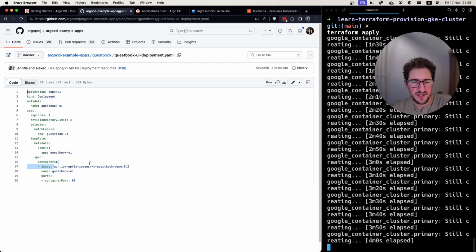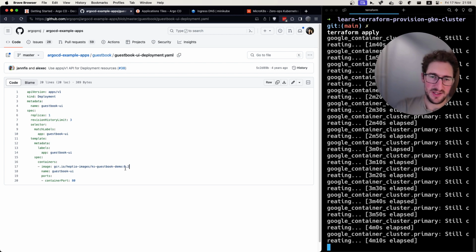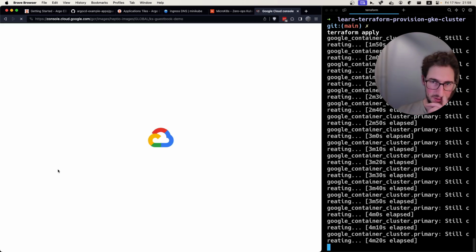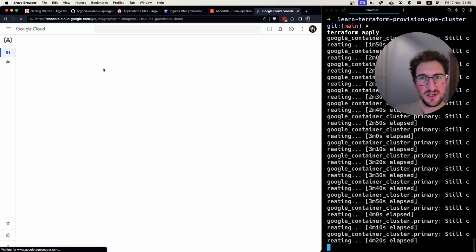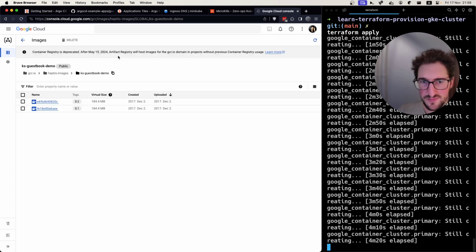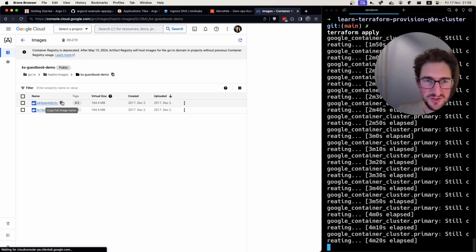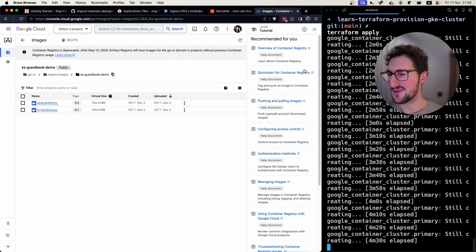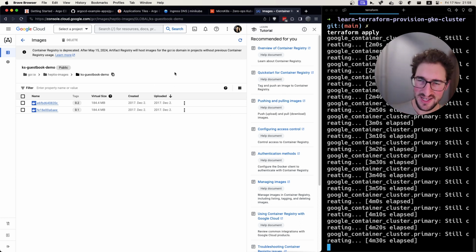history limit, and then, okay, so Kubernetes guestbook demo. This is where it's actually pulling the image from. I'm surprised it's from Google's container registry and not from Docker Hub. But apparently it's here. It's a public image, 200 megabytes. I'm now curious to see what's actually deployed here. Anyhow,